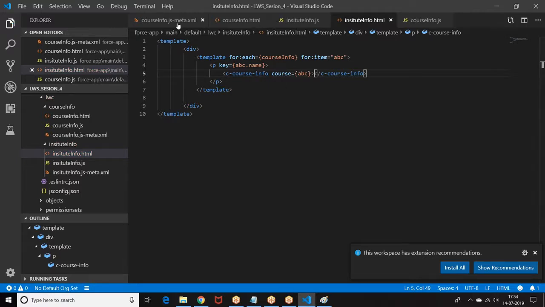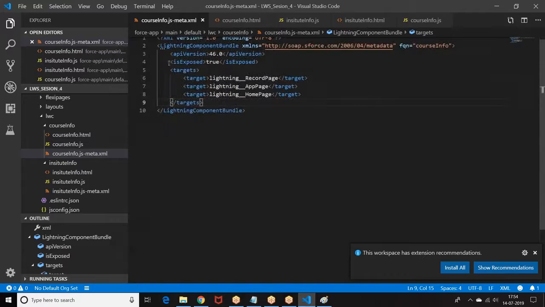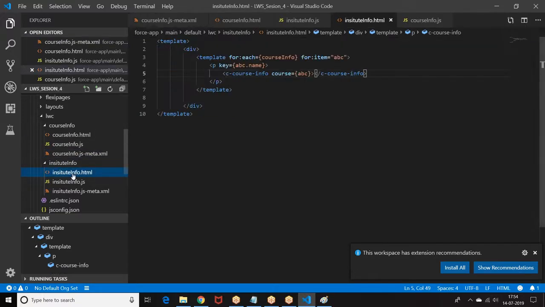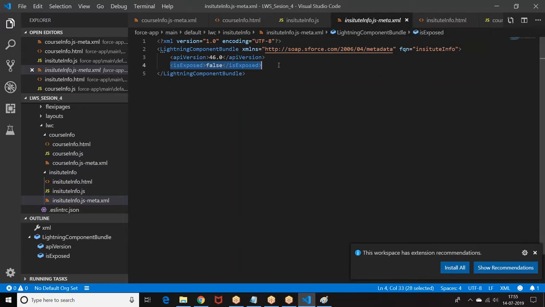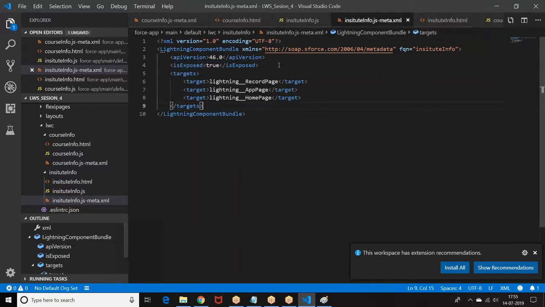Now let me put up the story again. Expose equal to true. Target, any one will be sufficient, but to let you know that there are three properties available. We are just copy pasting every time. Three. Go to the HTML and copy paste the story. Okay, this is how the components are created.